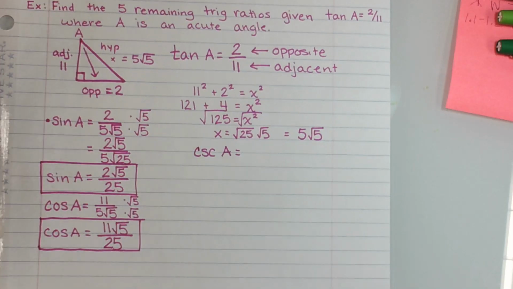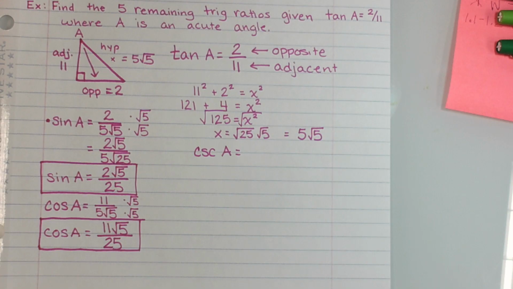Okay, here's the thing about doing the reciprocal. Do you notice I have 3 different versions of what sine is? Some simplified, some not. If I flip the most simplified version, 2 square root of 5 over 25, I end up with 25 over 2 root 5, and then I'm going to have to rationalize the denominator again. In other words, get rid of the square root at the bottom. But